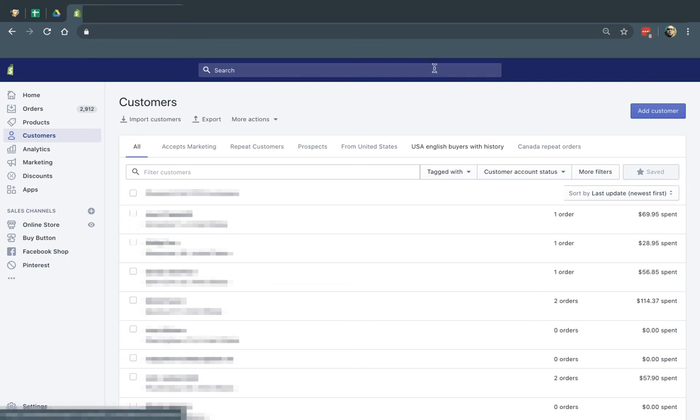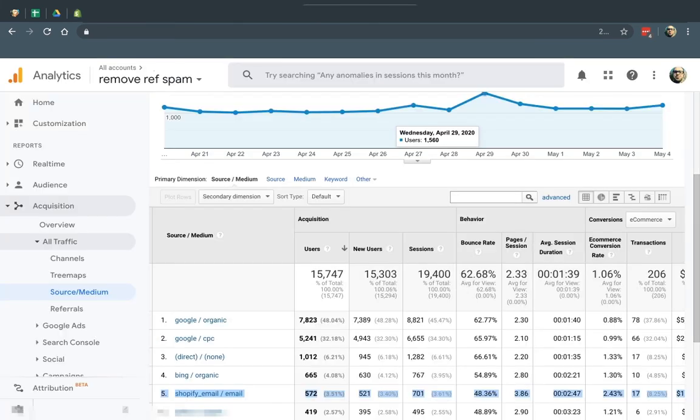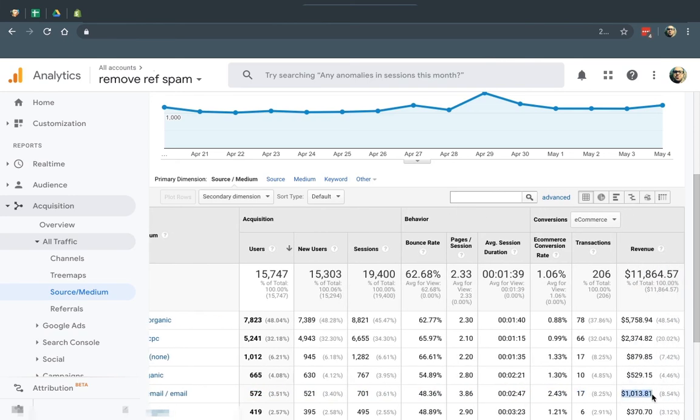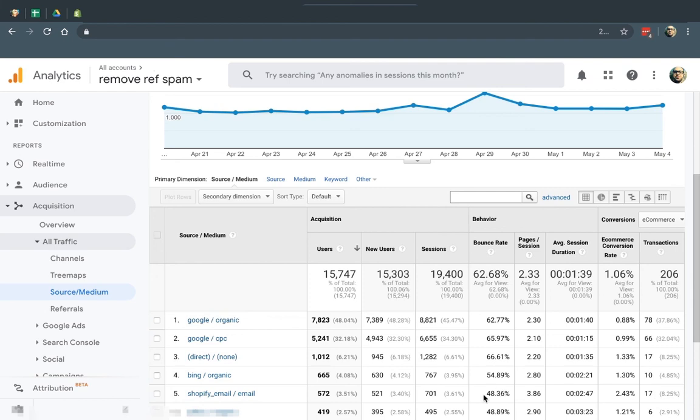And then last thing I can remember also is when you send out a campaign, the good thing is Google on Shopify, when it sends it out, when someone clicks on the link, go to your website, Shopify actually tags the email here under source medium, under it's something called Shopify email. So you can actually see the data in Google Analytics. For example, I had 17 orders, I got $1,000 in sales. This is my bounce rate, all of that stuff. So you also have this extra bonus that clicks automatically tag. You don't need the special URLs to tag it.